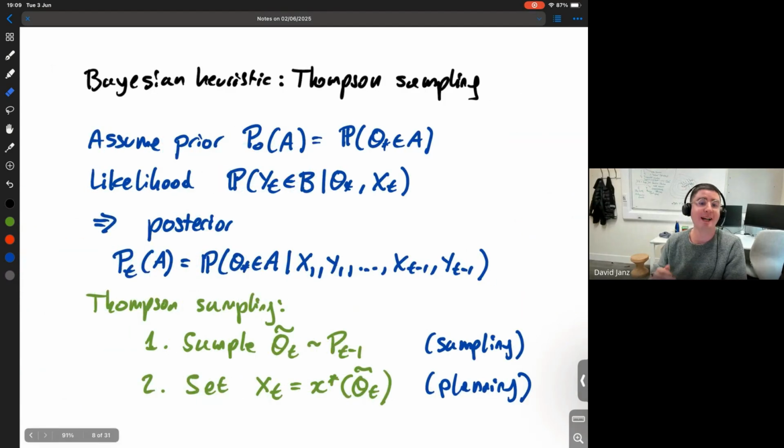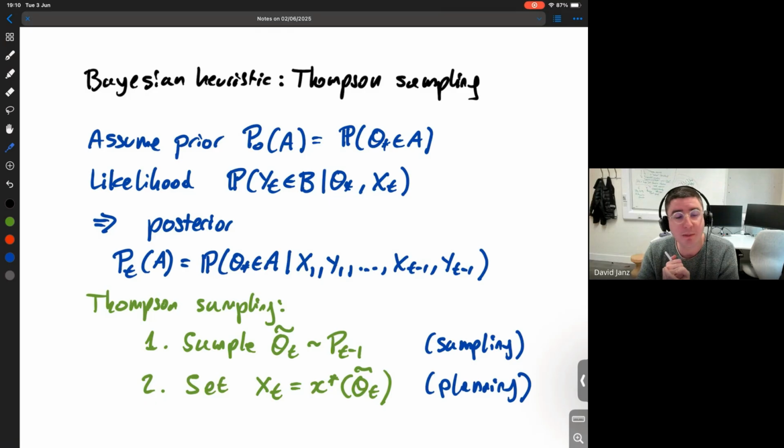The simple thing to do, or a simple thing to do, is Thompson sampling. We have our posterior, we sample from this posterior, and we pick an action that is optimal if we were really facing the sampled problem. So we sample a problem instance indexed by theta tilde t, and we solve the planning problem as if theta tilde t was the true environment, the true problem, where x star of a parameter denotes the optimal action in that environment. Now, the appealing thing here is essentially that this is like divide and conquer.